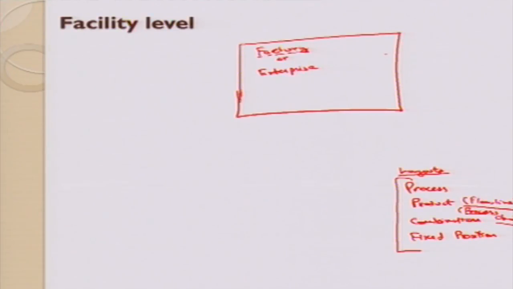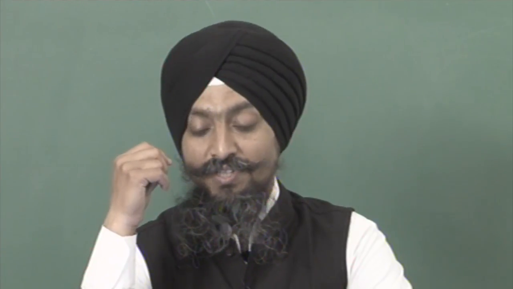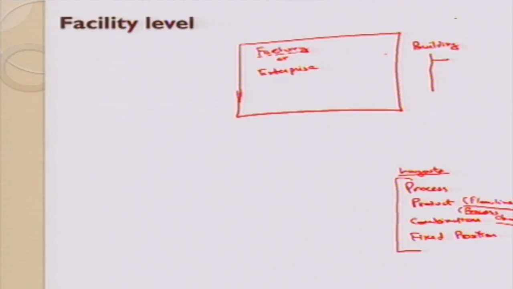So at facility level, the plant or the building, in this case, as I talked about the energy consumption, while the construction of a facility, while construction of building, there is a term known as BLCC, building life cycle costing, and also a similar term is building life cycle assessment.